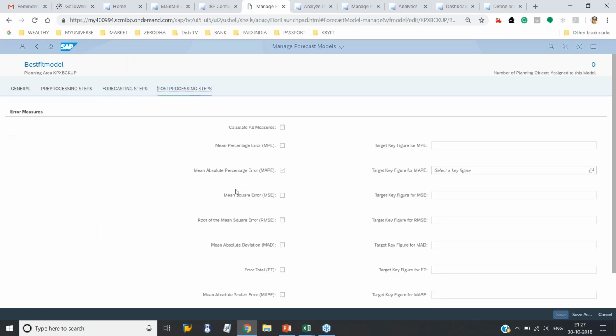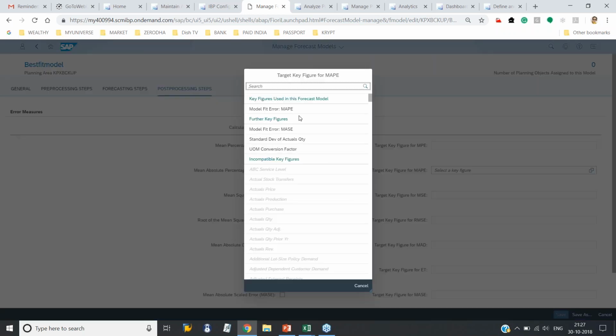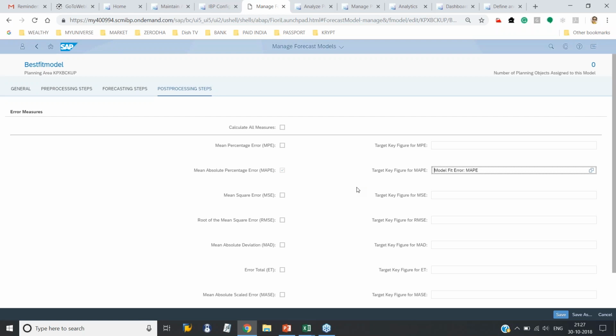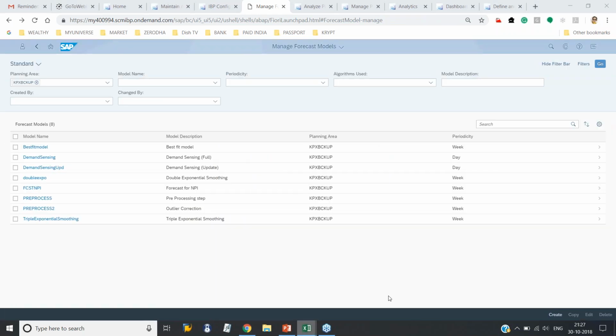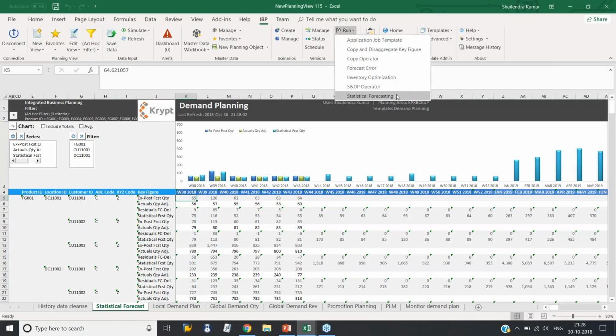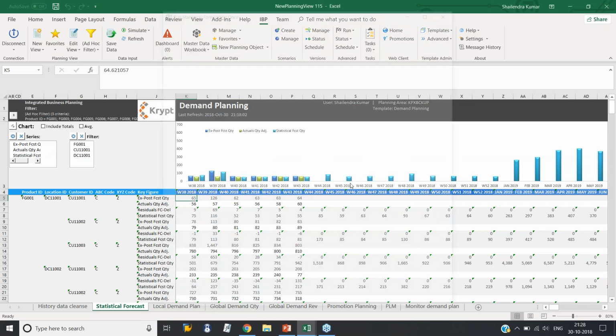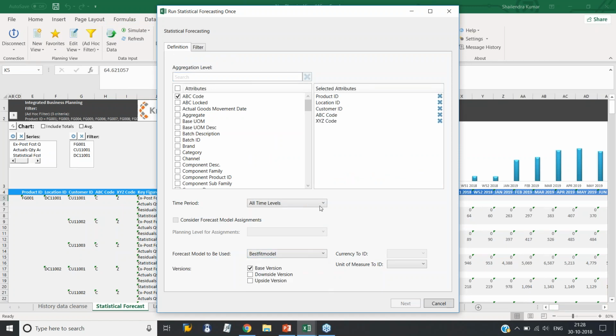Here in the post-processing step, if you want to write this MAPE into a particular key figure, you can just select a key figure from here, and once this algorithm is executed, whatever error is the output will be written down in this key figure. Here I will cancel this out, and let's go and execute this best fit model. I'll select the statistical forecast here, and from the drop down I'll select best fit model